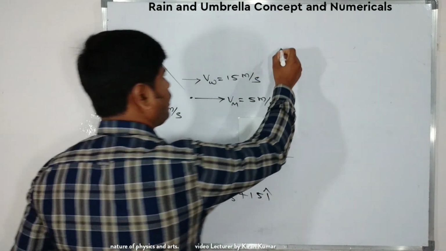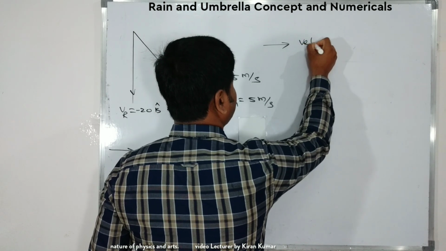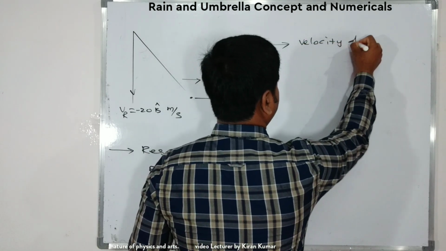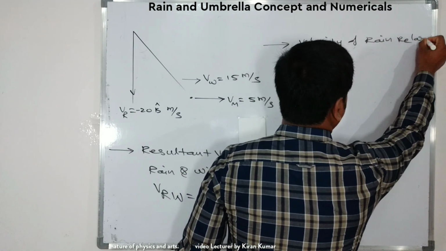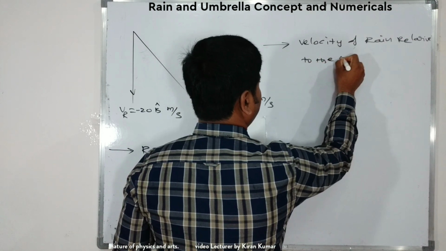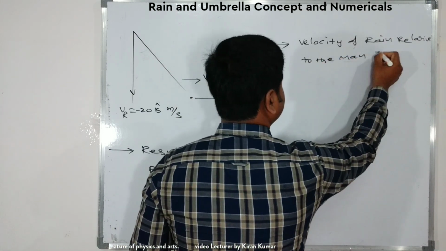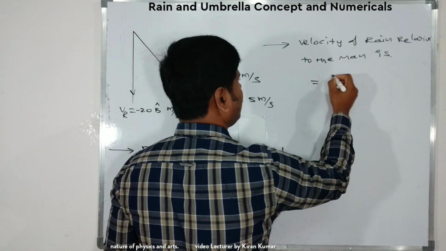Okay, next I am going to write here the velocity of rain relative to the man is, that is, we can write here